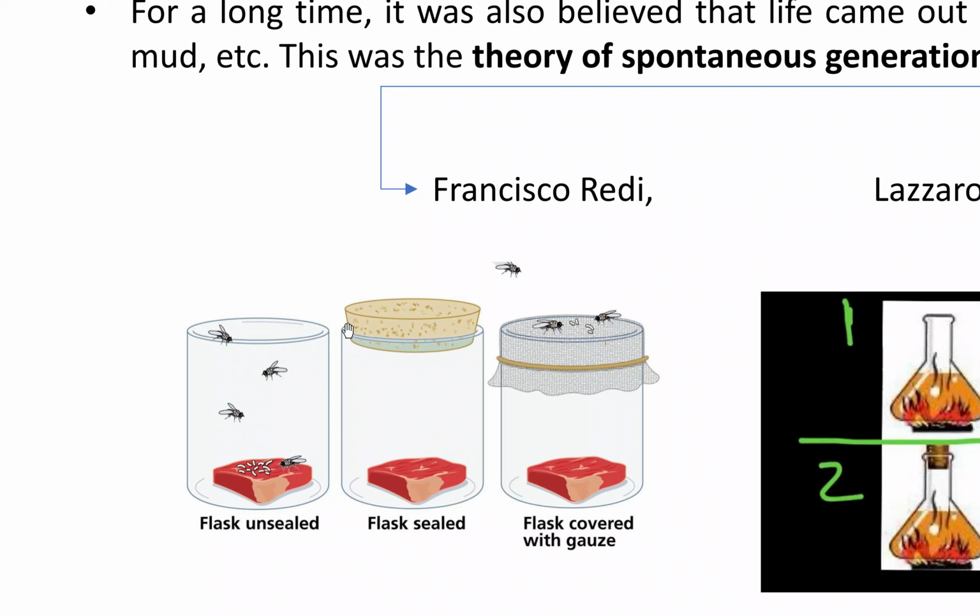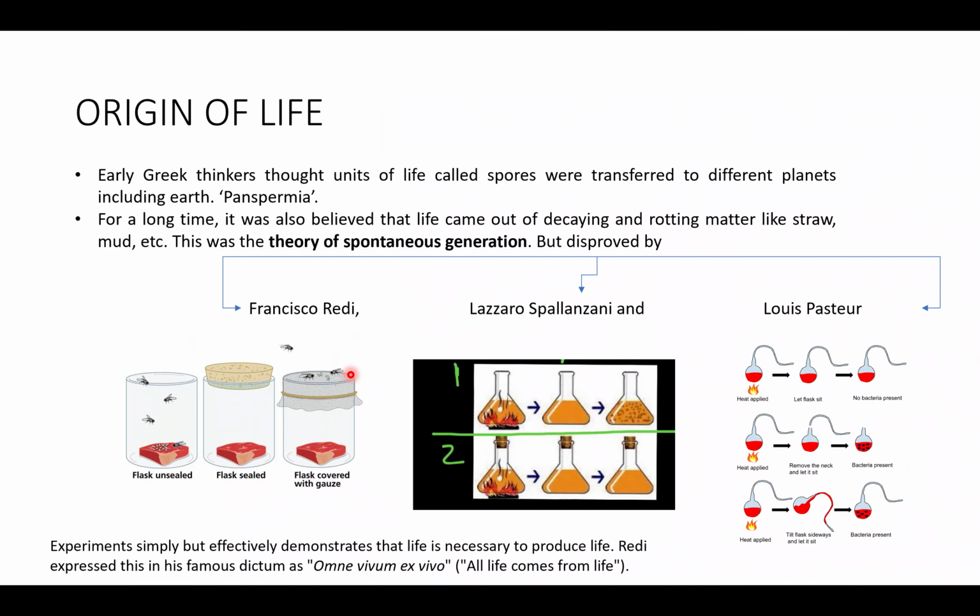From where are the maggots coming? From flies. So the simple statement is the maggots are not originating on their own on the piece of meat. They are coming from the flies which are outside the jar. So that defines that life comes from life, and not the theory of spontaneous generation. There is no spontaneous generation. I hope you are clear now.